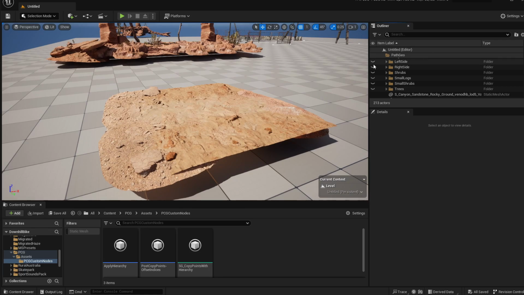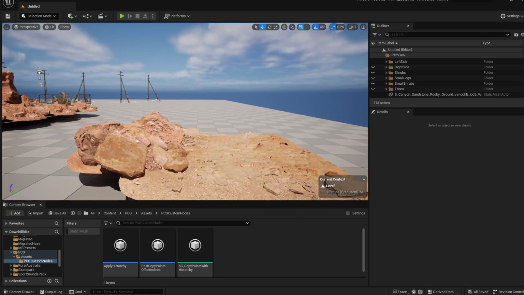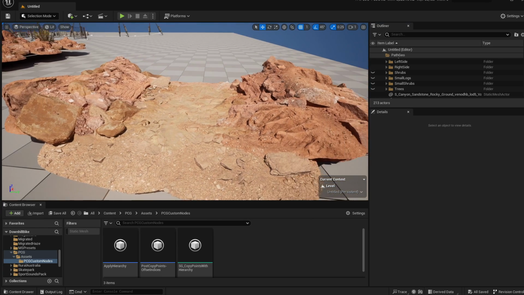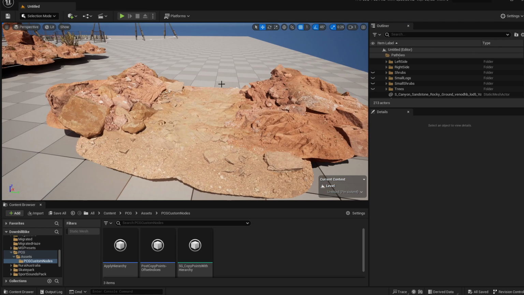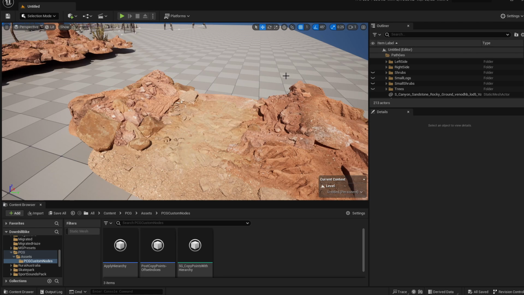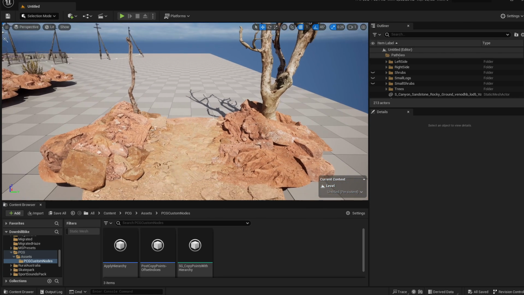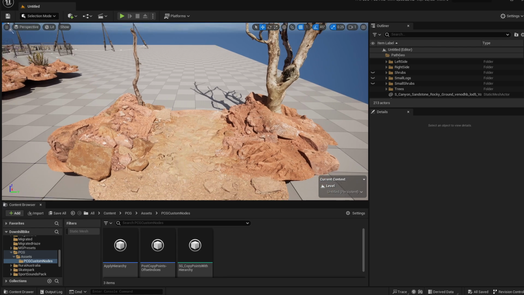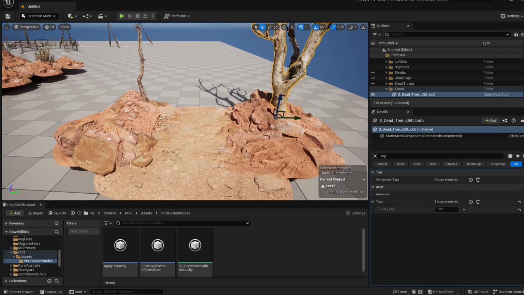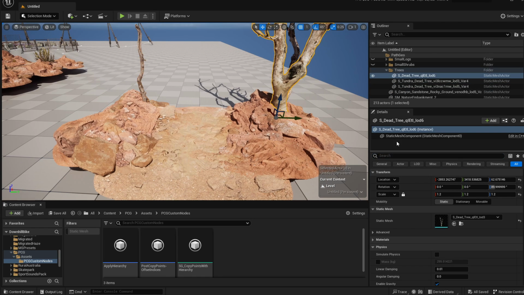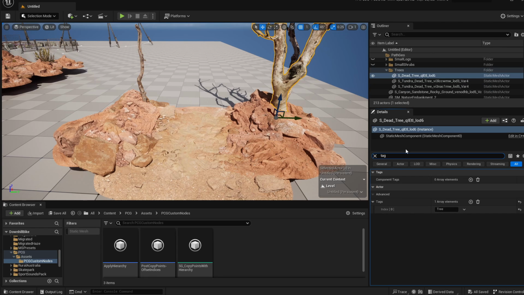Then at the side of the path, start placing elements to define the path shape. I have created these embankments on the left and the right, and then start to add extra objects that will be randomly placed along the side of your path. For example, trees. And to be able to spawn those objects randomly based on some logic in the PCG, you need to tag them. So select the objects that you're placing, go to the details panel, search for tag, and